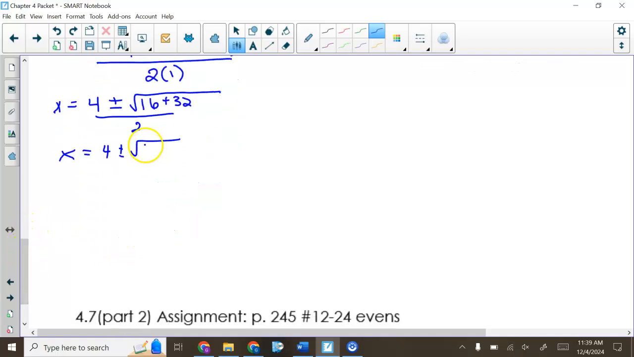So 4 plus or minus square root of 48 all over 2. And then now this kind of looks like a problem that we had a couple days ago on simplifying the radicals. So what we want to do here is break down that 48, we're thinking of what perfect square goes into 48. And you may be thinking 4,